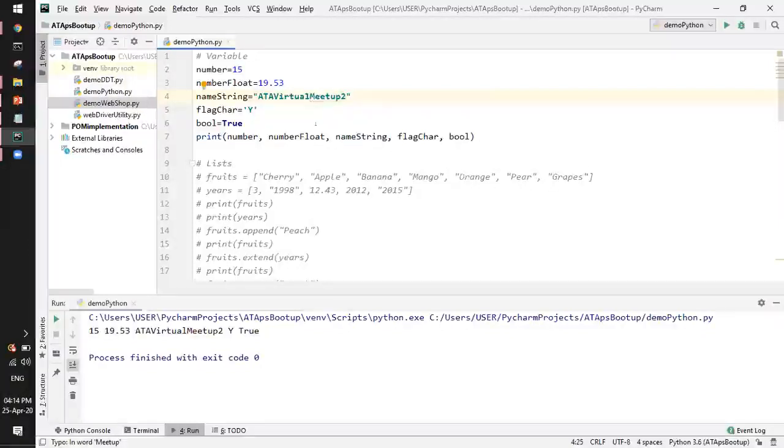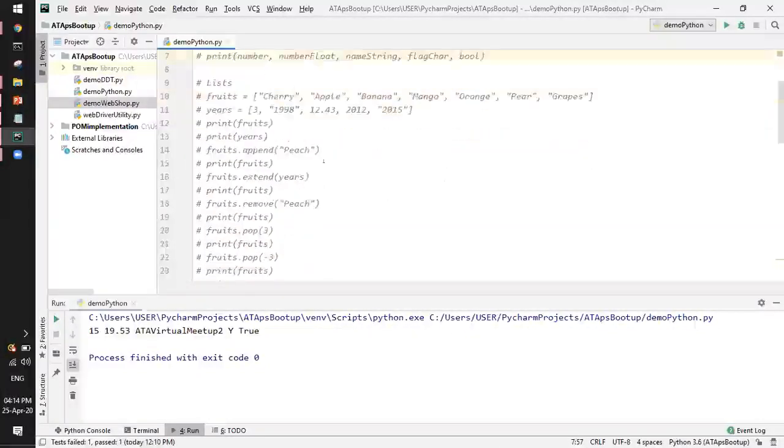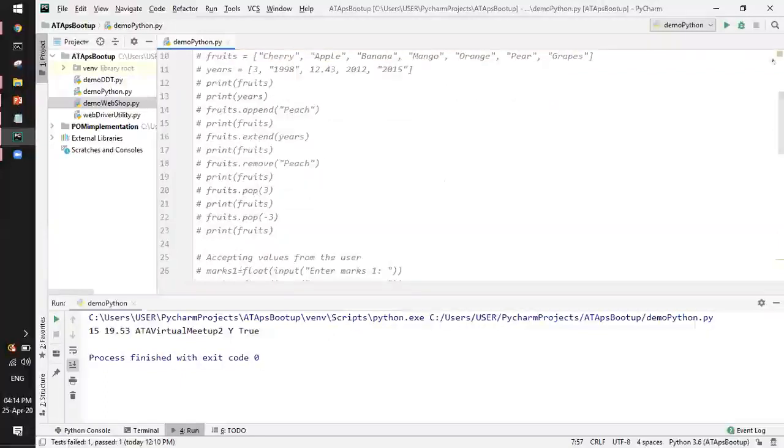This is only for your understanding purpose. You might be aware of a few of the data types, and the only modification here is that we don't name the type of data which we want to provide to the variable. Simple thing. So far so good. Any questions so far? I hope not. Okay. Going great. Yeah. Okay.